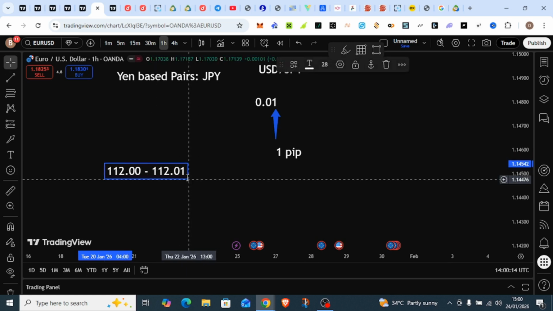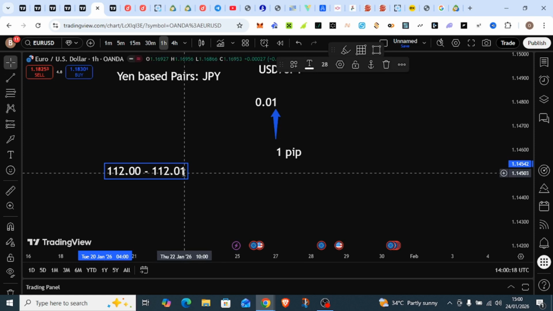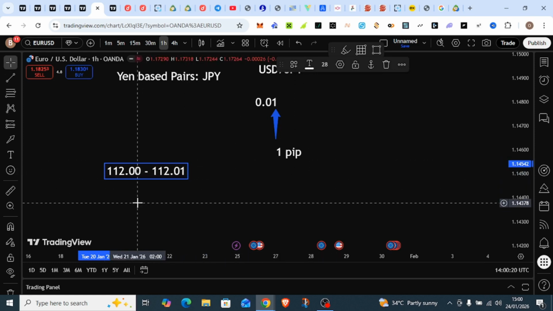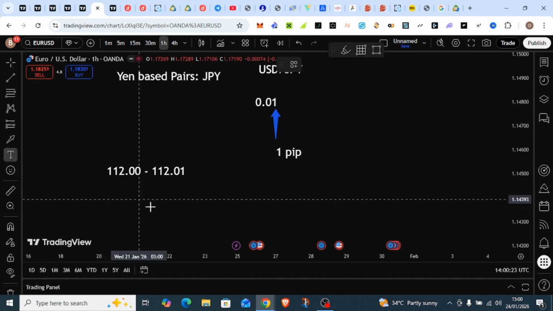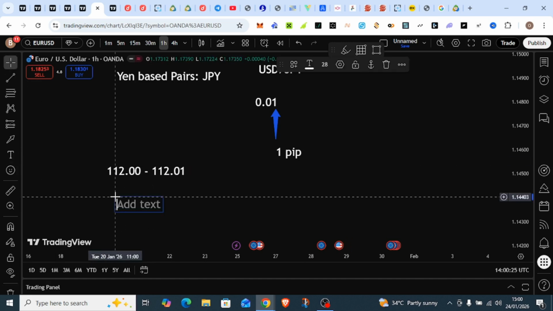Remember, the second decimal is the pip. Let's do another example. If we have price movement from 112.01 to 112.10,